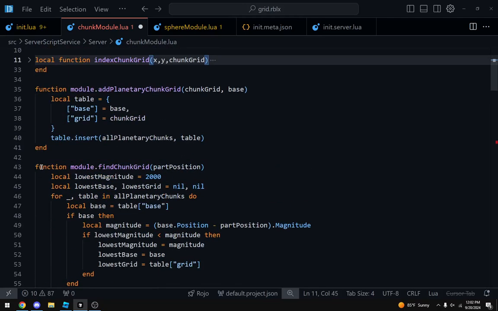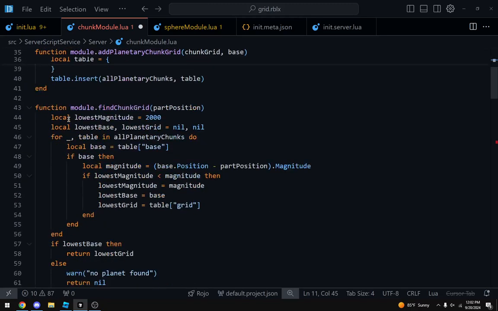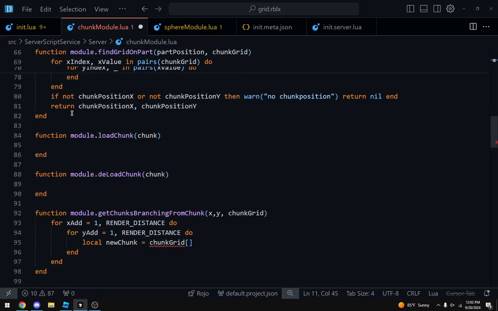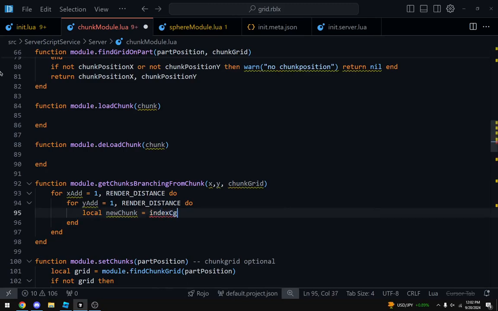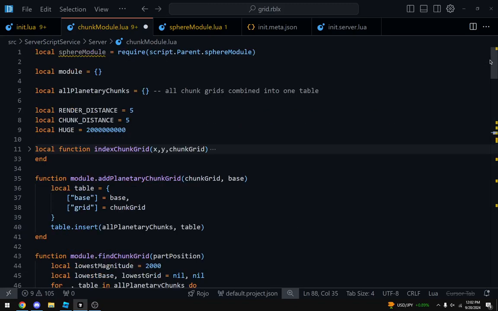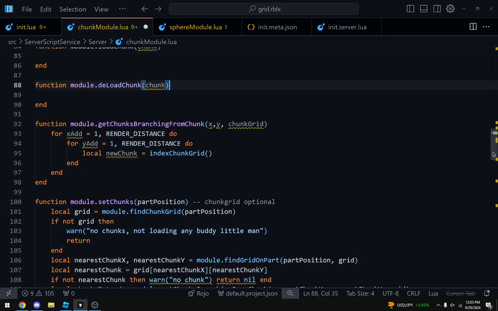Now we can go to here. Index chunk grid. X, Y, and chunk grid, which makes sense.